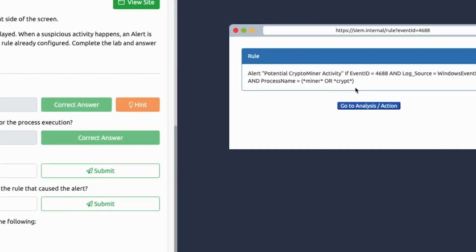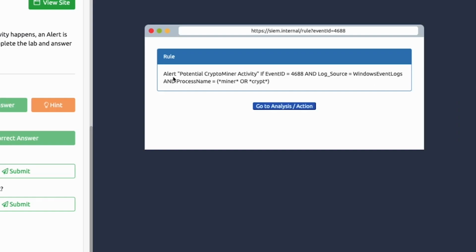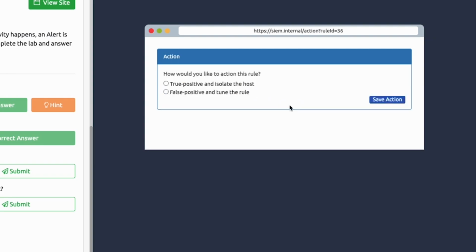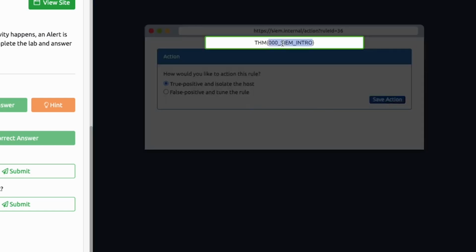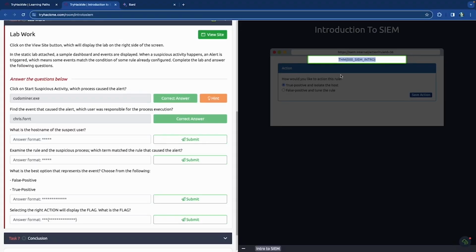Okay, fine. So the rule that alerted us was potential crypto miner: if the event ID is 4688 and the log source is event log and the process name has miner in it in some capacity or crypt in it in some capacity, alert us. And so that was it. So now how would you like to action this rule? I'm going to say that this is a true positive because that's a big deal. And so this is our flag for this exercise, which is going to go at the very end here,